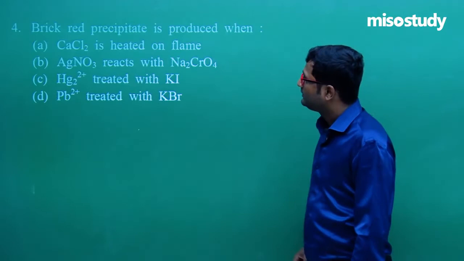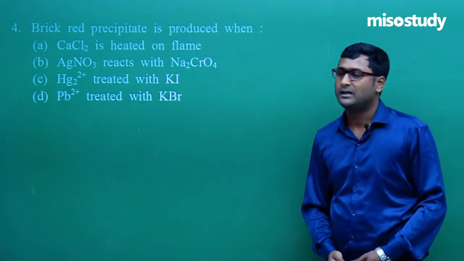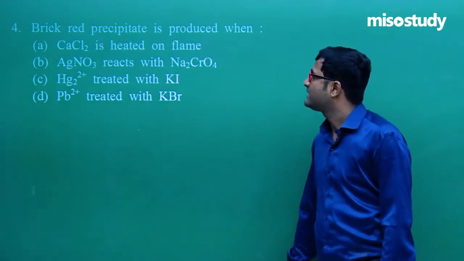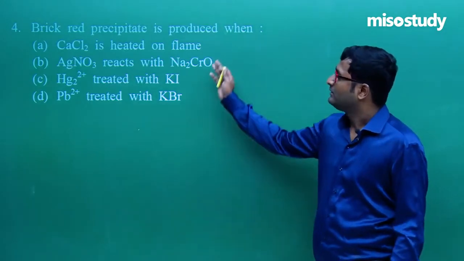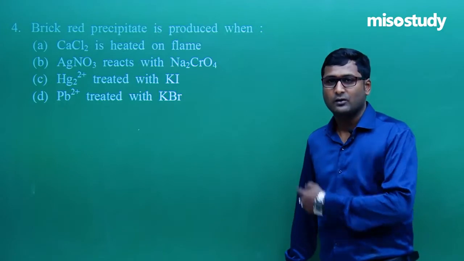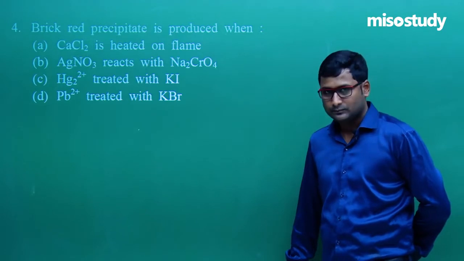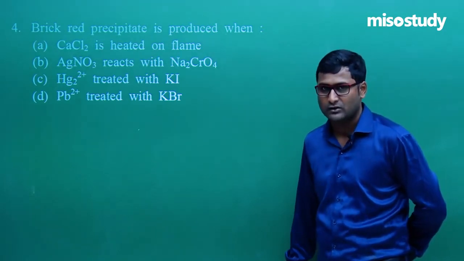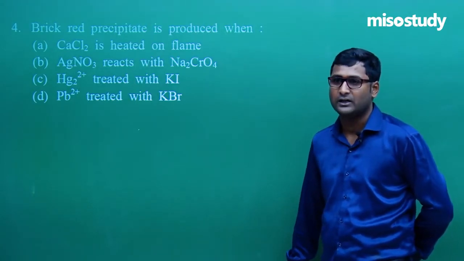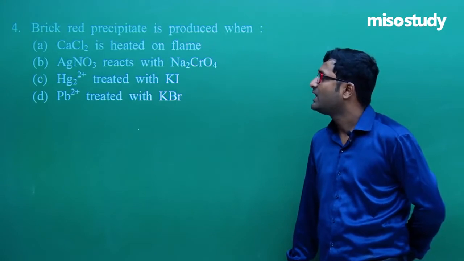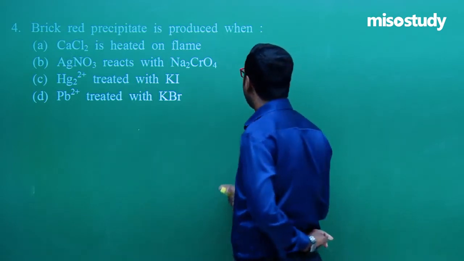Now tell me, a brick red precipitate is produced. Now it is a simple question, completely memory based. Brick red precipitate is produced when? Look at the question, friend. Now it's your turn, you have to reply. Brick red PPT, a completely theory based question. Think on it, revise my notes, then definitely you can solve such kind of questions. Again I am giving you a few seconds, think on it. What is given here? It's very simple. Brick red PPT is produced when we know